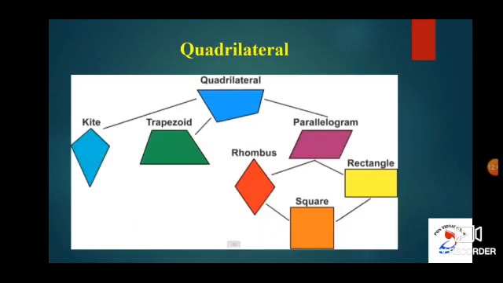Now we have entered the important topic, that is our topic. So what is the name of the chapter, children? It is understanding quadrilaterals. So before coming to the topic of quadrilateral, see what all we have discussed. All these are important terms that you should be very clear about. Only with that can you understand what a quadrilateral is, what the different types of quadrilateral are, and what the properties of quadrilateral are. In this introduction, I have given you only one part of the introduction. I'm going to cover the properties of the quadrilaterals in the next part. So be very clear about what we have discussed.